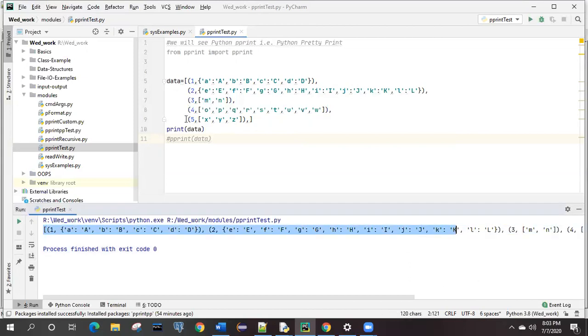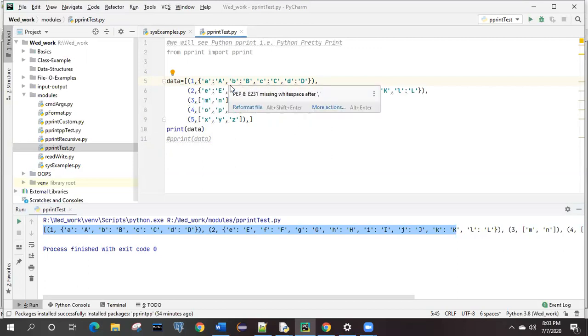But it will go beyond the screen, and then we need to scroll to that side. So after every comma, I have separated it into the next line. If we are printing normally with the print method, it prints whatever content is written inside it, in the same manner.